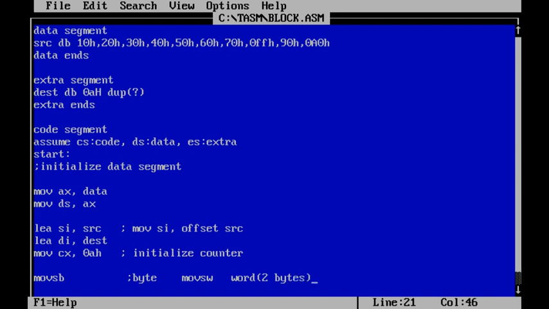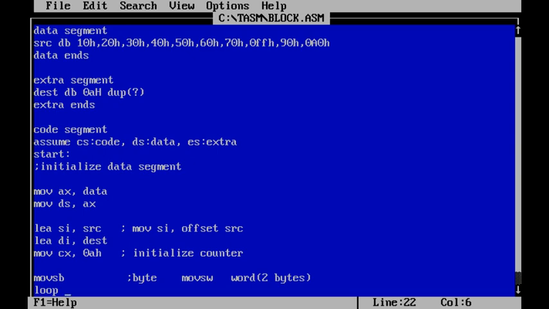Now this action needs to be repeated until my counter becomes 0. So here we can use the loop instruction. Let us see what is meant by loop instructions. Loop instructions work until the counter becomes 0. The move string instruction increments SI and DI, and loop will decrement the counter and check whether CX has become 0.